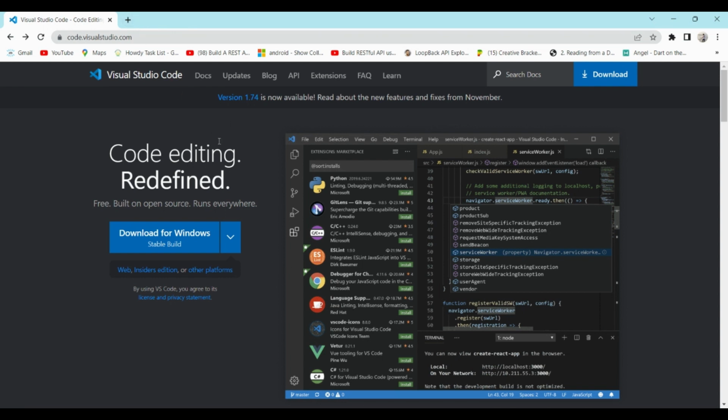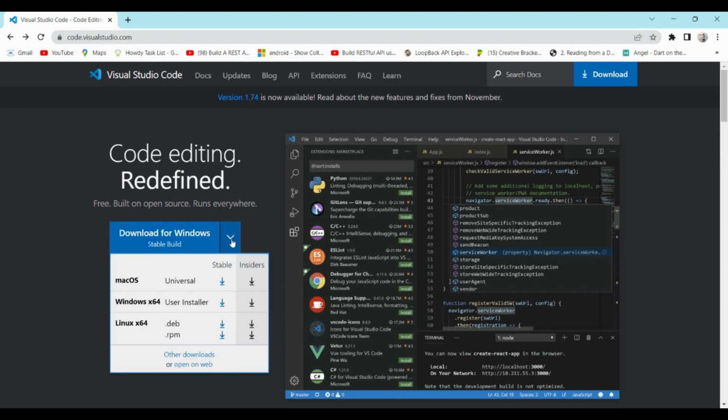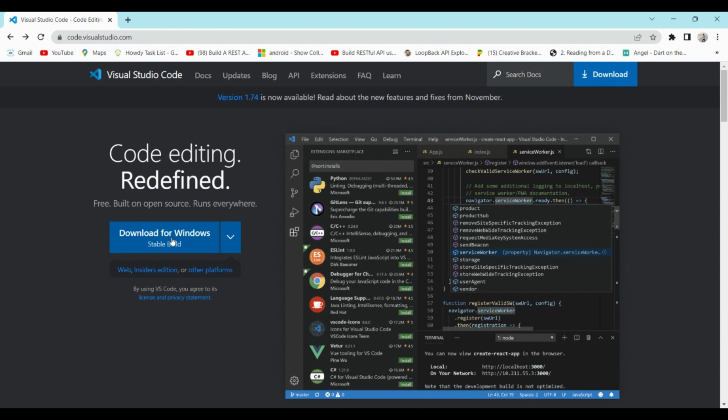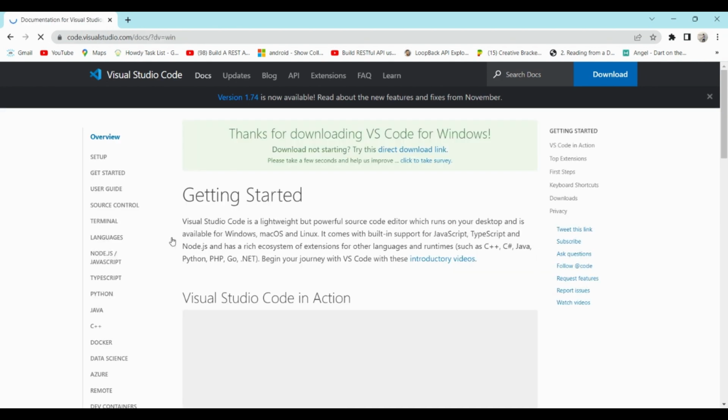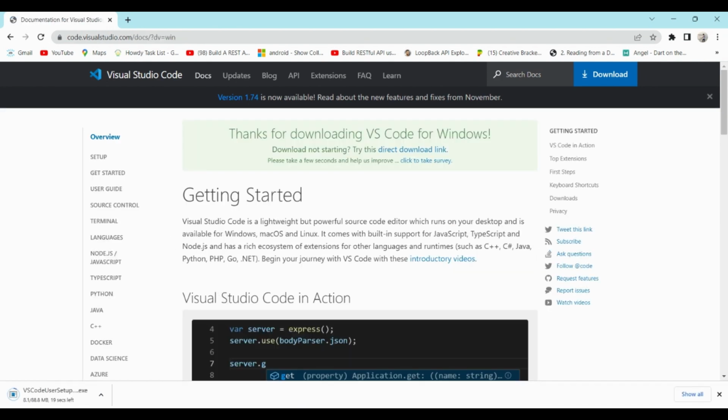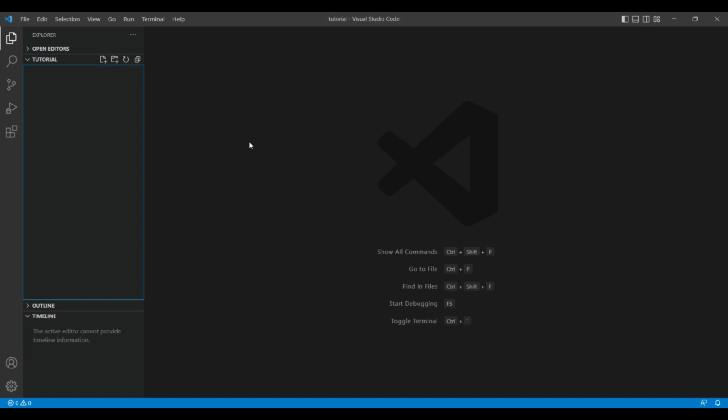So you can go to Google and search for VS Code download and you can land up on the screen. From here you can see there is a download for Windows, which is the stable version, and from here you can see you can download it for macOS and Linux also. So as soon as you click on download, it will start downloading. So once you download and install VS Code on your system, you can see this